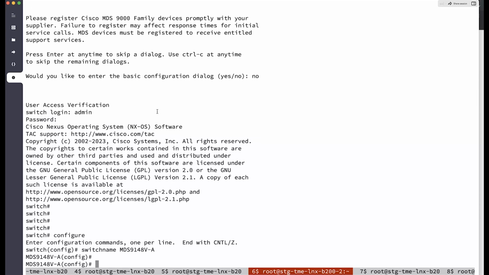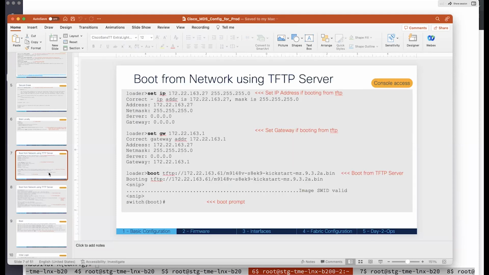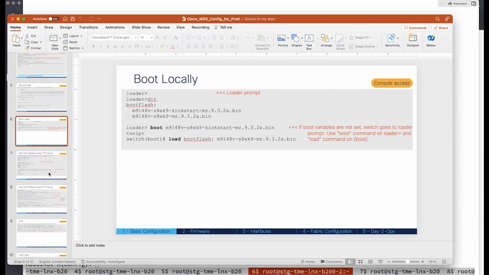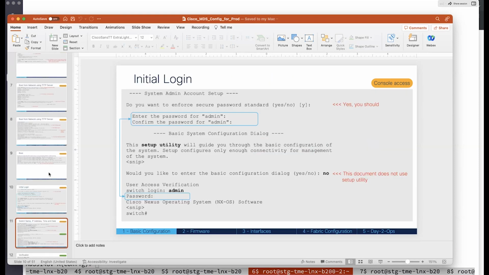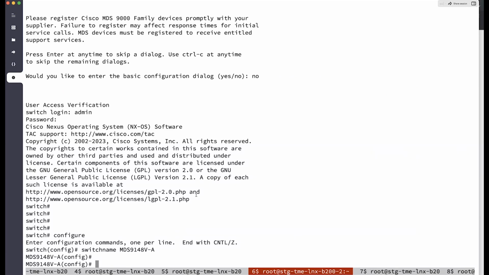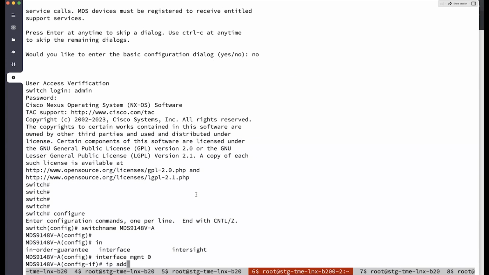After the switch name, I like to assign an IP address to the switch because right now I have the console access. And if you go back to the slides, I have mentioned what operations need console access, right? So let's say if you're booting up the switch from the loader prompt, you need the console access. The switch is not listening to the SSH connections yet. So first thing is you need to assign an IP address to the switch. So for that, you would go to interface management 0, and then say IP address, whatever IP address you want to assign,